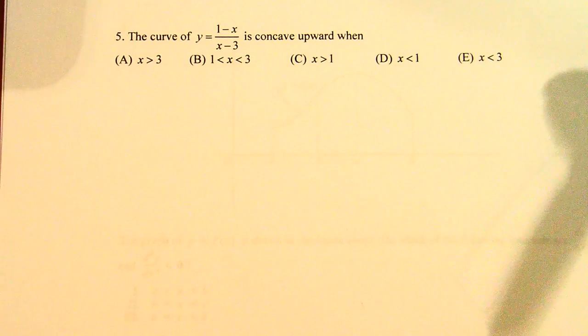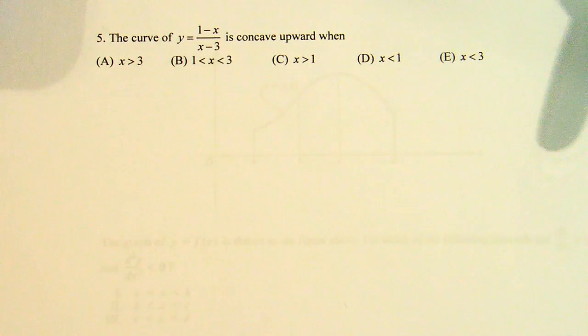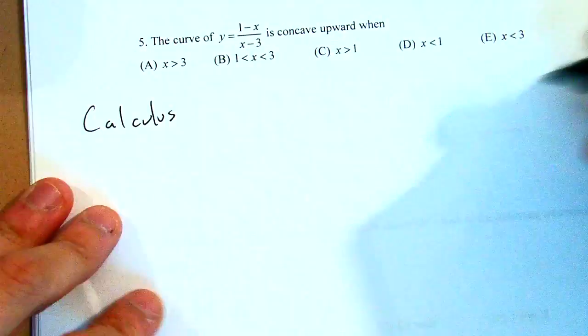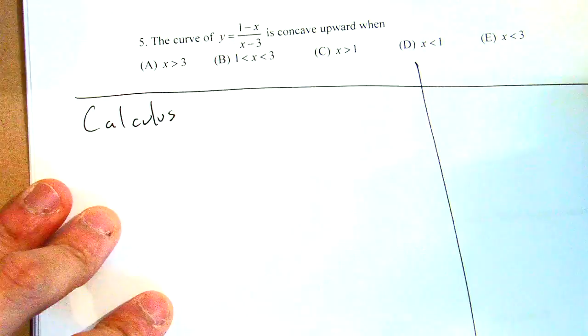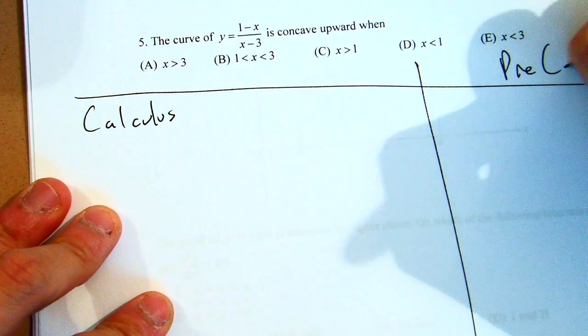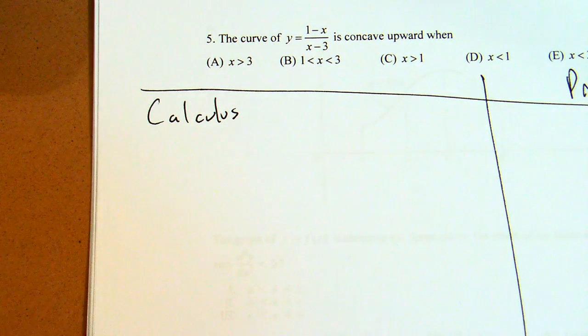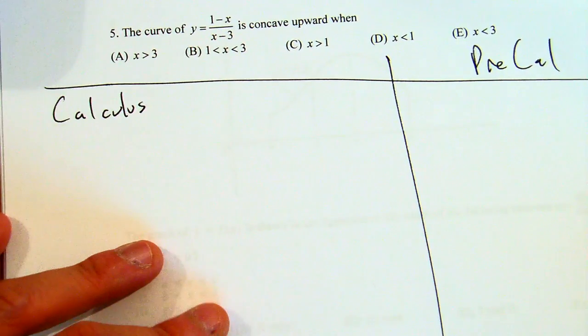We're looking at question number 5 right now. And with this question, there's actually 2 ways of doing this question. You can use calculus, or if you remember, you can also use pre-cal. Okay, so I'm going to do calculus here. The calculus way is going to take us a while. But we will still get the correct answer, and you'll see that the pre-cal is much faster if you have